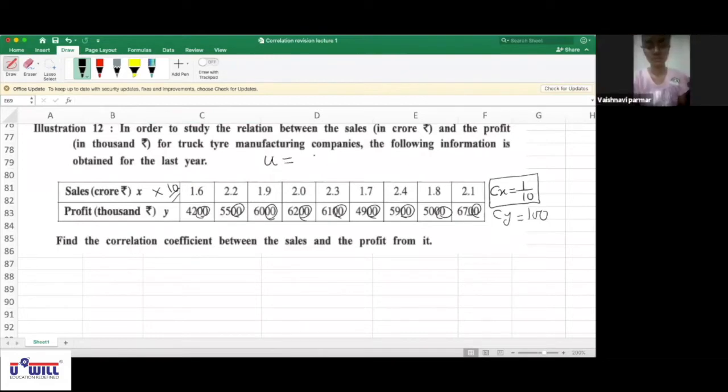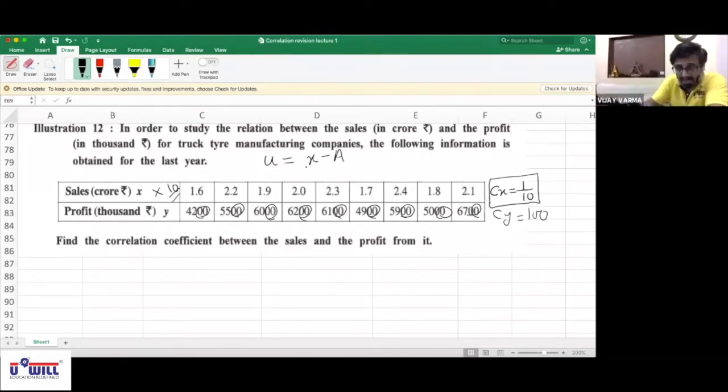See, U is equal to X minus A upon Cx. Now, common factor is the one which you divide by. Means you divide by a particular number which is called common factor. Here we are not going to divide, we are going to multiply with 10. To remove the decimal, we are going to multiply with 10. Now you're multiplying with 10 means you are dividing by what? 1 by 10. I repeat, you're multiplying with 10 means you are dividing by what? 1 by 10. When you divide by 1 by 10, then multiplied by reciprocal becomes 10. Divide by 1 by 10 means multiplied by reciprocal becomes 10. So Cx is actually 1 by 10, the denominator.